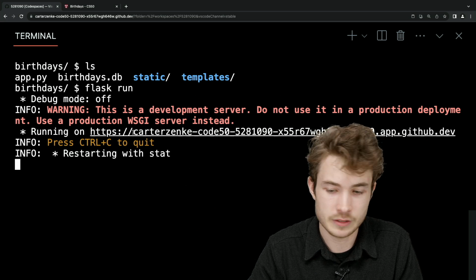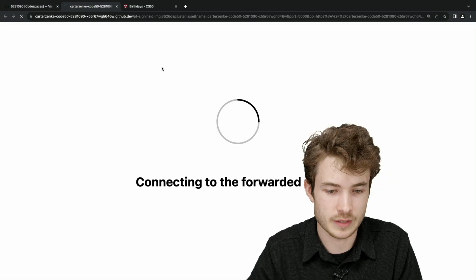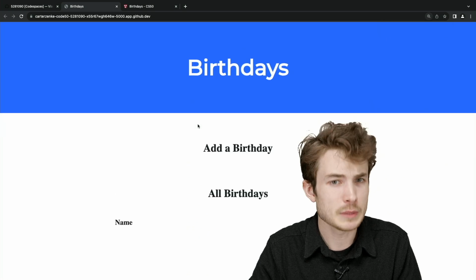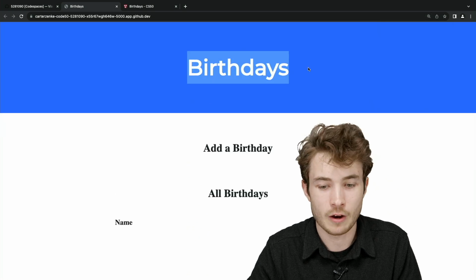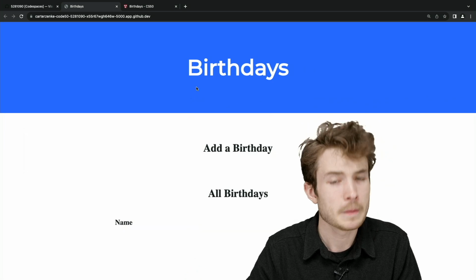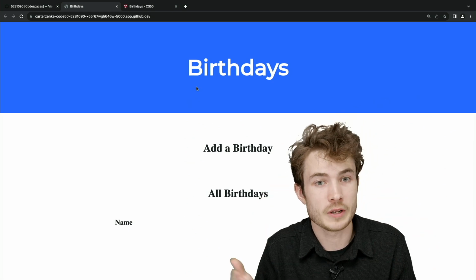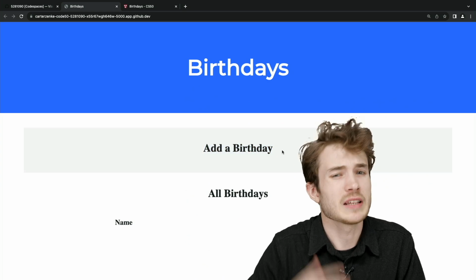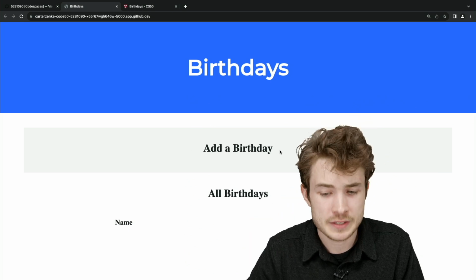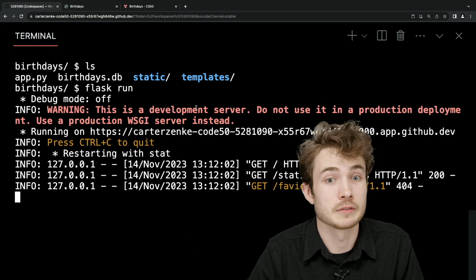So I'm again given this URL that seems to be a server I could access to see my site. I'll click on that. And now I'll see something pretty familiar from HTTP server. I'm able to see our birthdays site, kind of half finished right now. There's no form, no birthdays, but at least I can see this index.html page being rendered for me. So we'll see, as we actually add more functionality, what Flask can do for us. But for right now, Flask seems to just be giving us that very basic HTML file inside of our templates